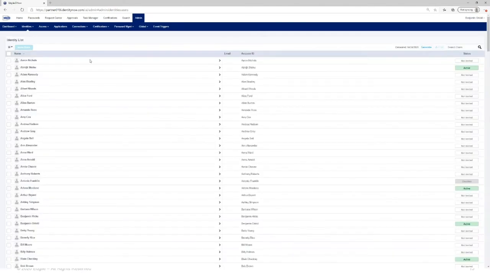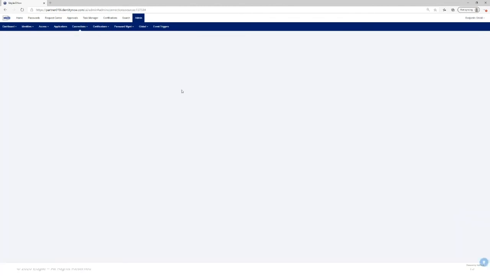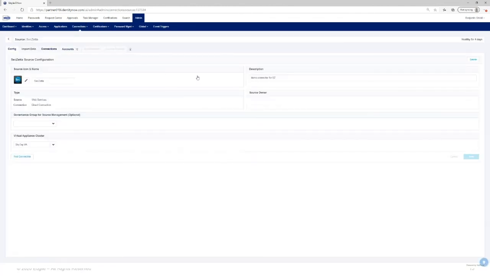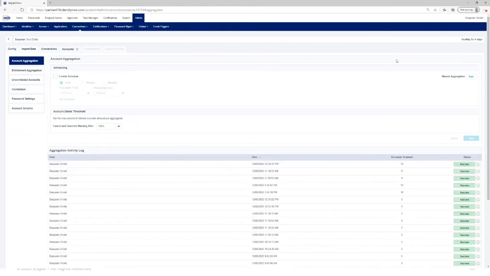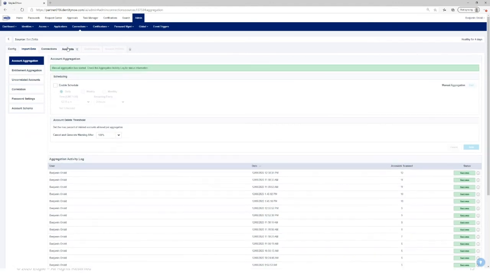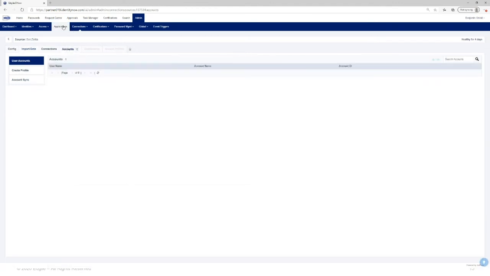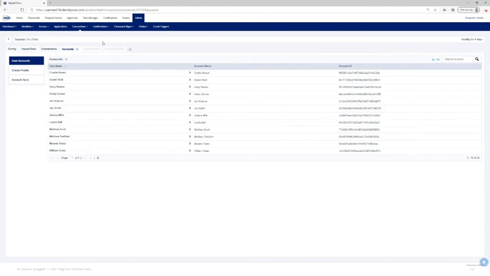But first, of course, I have to actually tell it to pull the new information. Normally these are something that will happen on a scheduled basis, but of course, for the sake of a demo, I have to force the identity pull here. So once that completes in a couple seconds here, we should be able to see his information change.